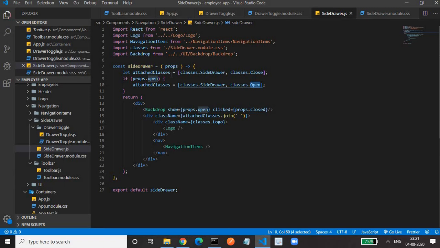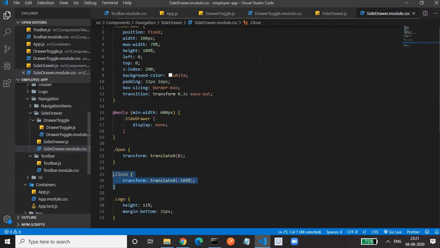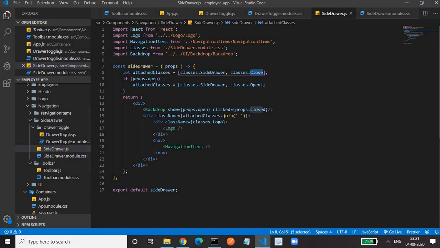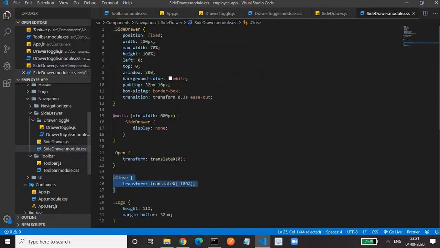Initially we attach the side drawer and close class, because initially we don't want our sidebar to be shown. When this prop is true, we replace the close class with the open class. In open, you will find transform translateX is 0, so now the sidebar will be shown. I am playing with the transform properties on the x-axis.